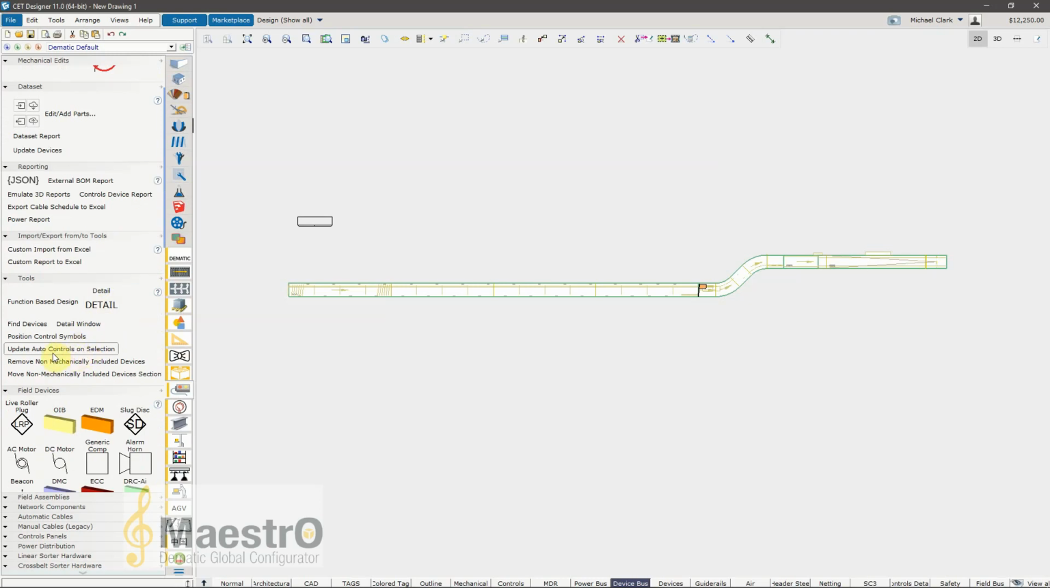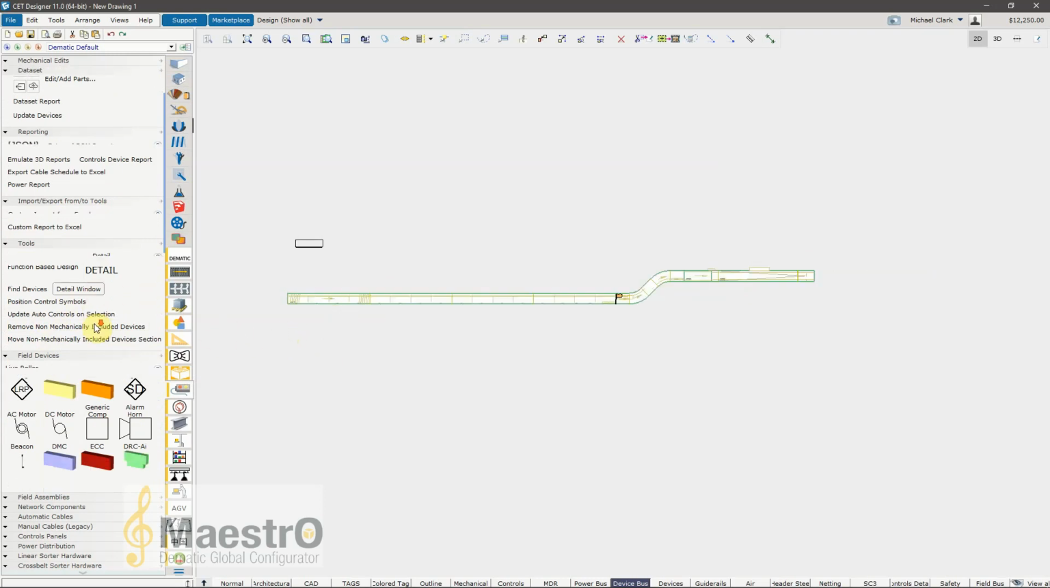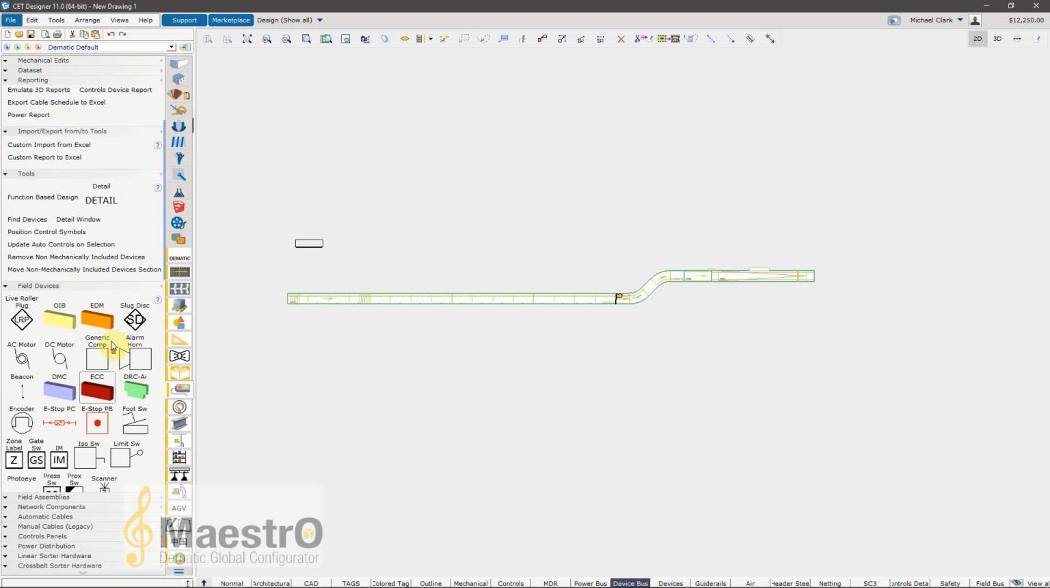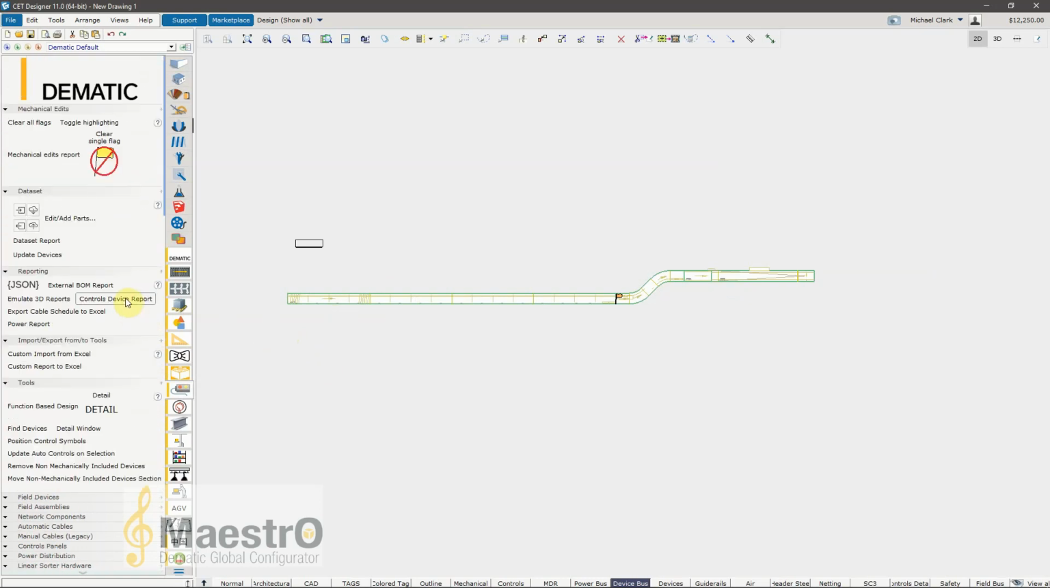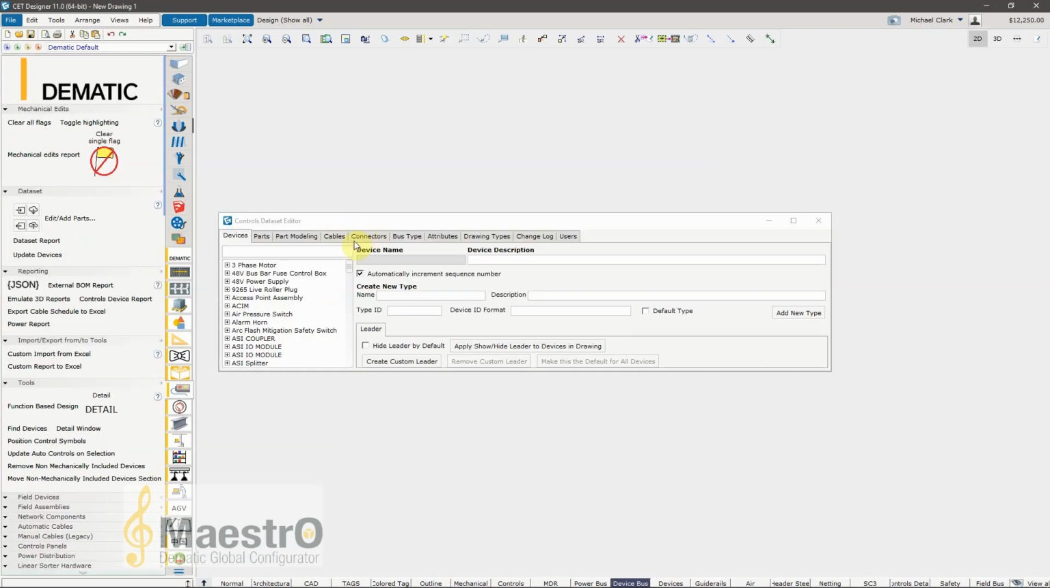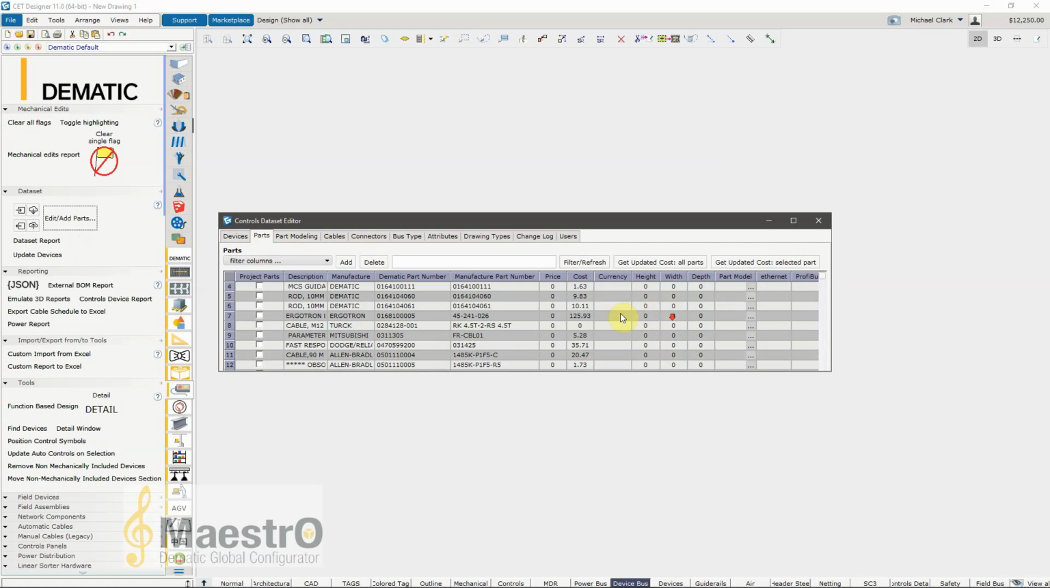You can do an update auto controls on selection. So basically, when you click it, it updates it. I haven't really used too much of the functional based design, so I don't have a lot of input on that one. But yeah, this is kind of the controls basics, and the more you use it, the more you get accustomed to it. I use the parts lookup more than anything else, coming into parts and seeing how much things cost. It's a lot quicker to do it this way than try to search in